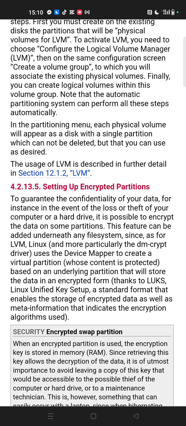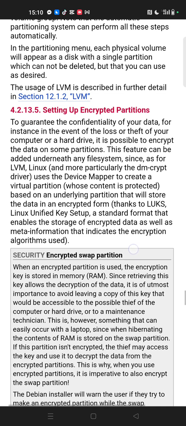Setting up encrypted partitions to guarantee the confidentiality of your data. For instance, in the event of the loss or theft of your computer or hard drive, it is possible to encrypt the data on some partitions. This feature can be added underneath any file system, since, as for LVM, Linux, and more particularly the dm-crypt driver,